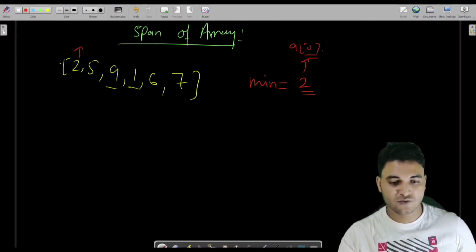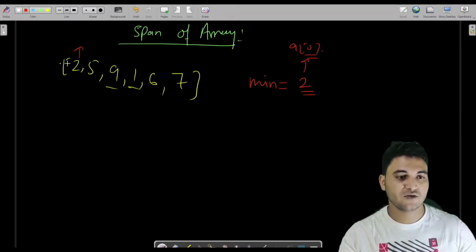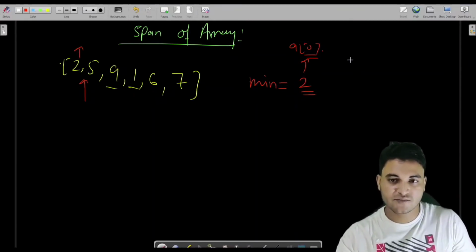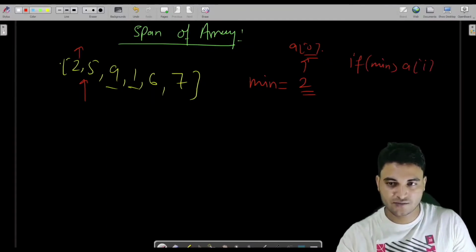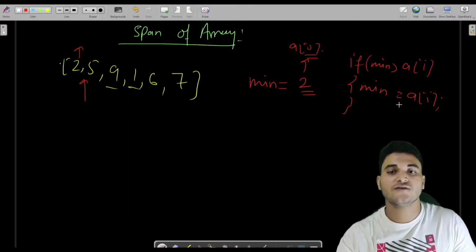Fine. So what we would do, we would write a loop. We would initialize our pointer from the next element, because we have already taken the first value in the minimum. So that would be the necessary iteration. We would check whether 5 is less than this. So the condition for this is, let me write it here also: if minimum is greater than a of I, then we have to take a of I into the minimum. So this is the only algorithm for getting the minimum.